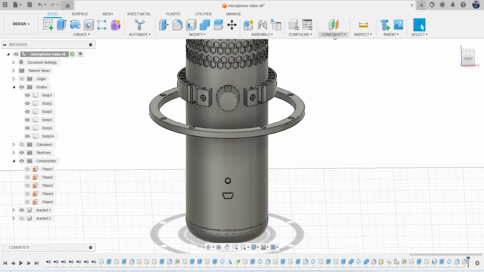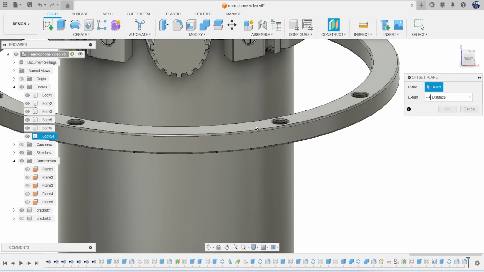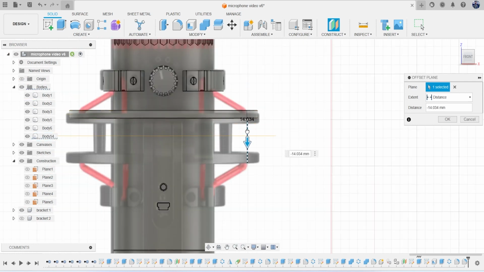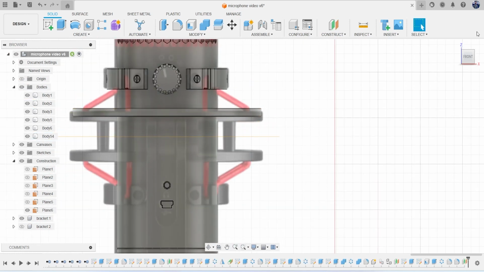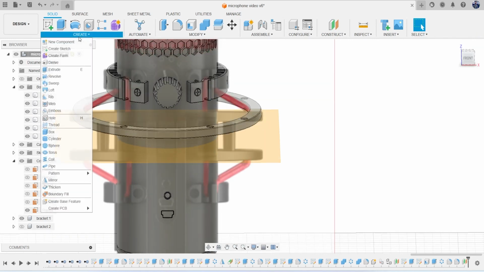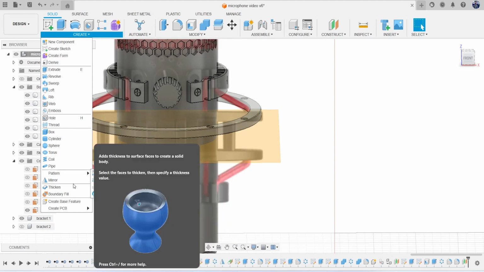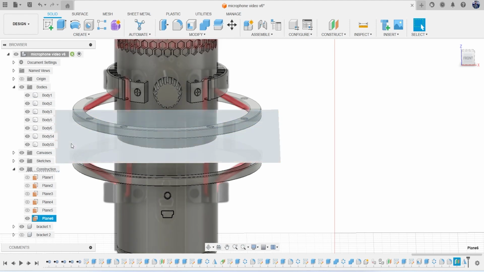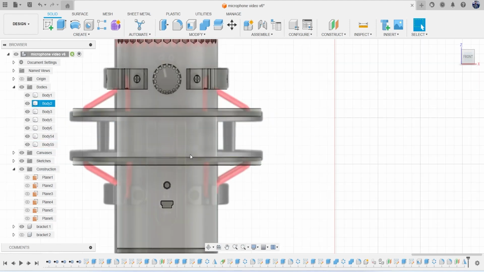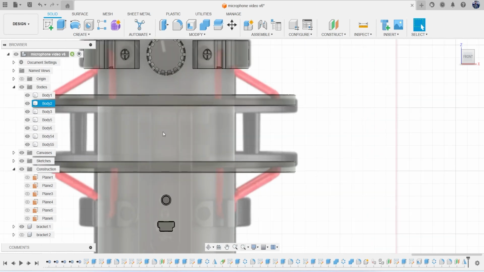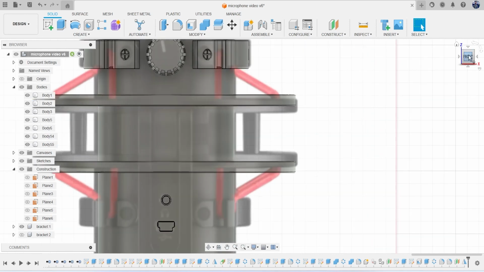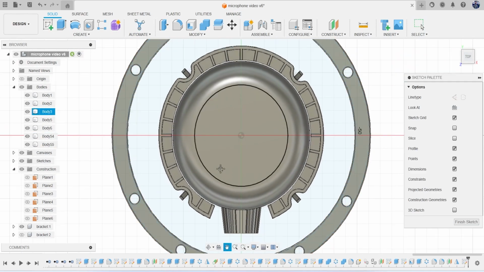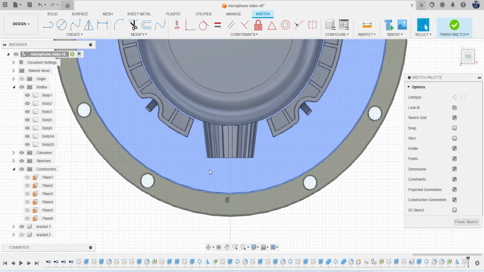I'm going to quickly do an offset plane off here. Just bring it down roughly into the middle, mirror it, create, mirror. There. I'm going to delete that again in a minute. It's just because I want to create a little bracket bit that goes down. So that would be pretty much